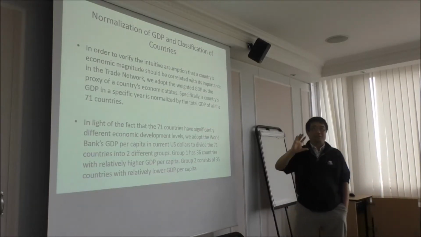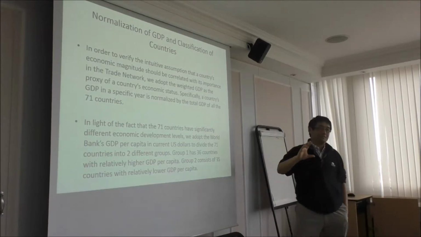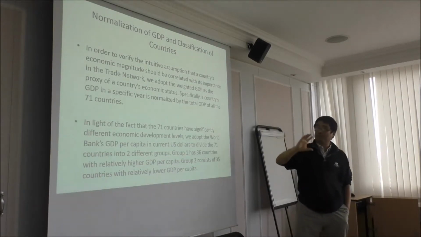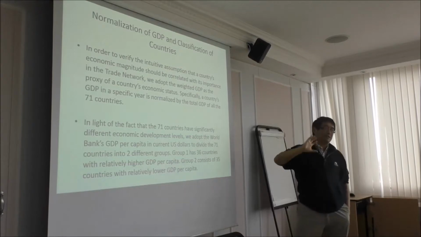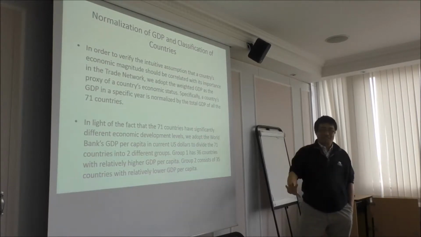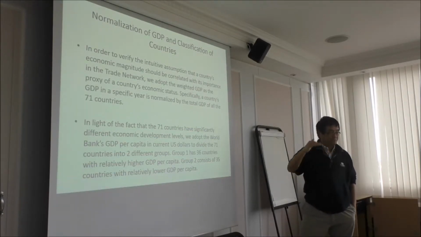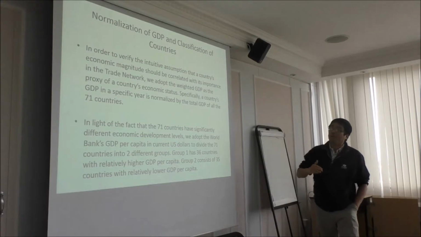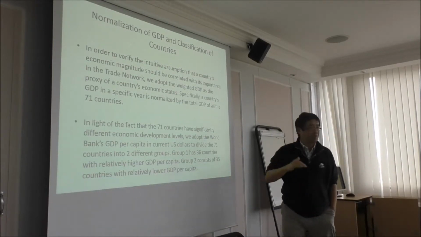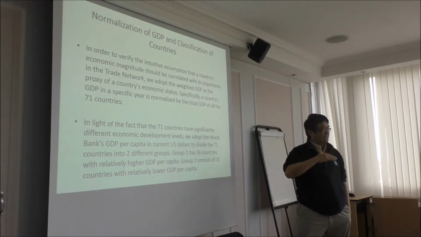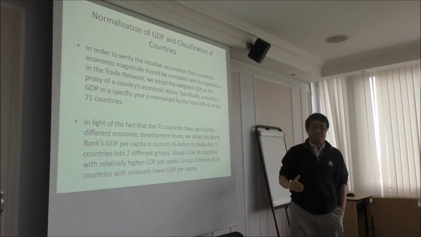So basically, we are looking at each individual in those countries. If they fall into the top half, they go to group 1. If they fall into the second half, they go to group 2. Okay, so this is divided according to GDP per capita. This is different from the overall GDP. We are working on GDP, overall GDP. But we divide those countries according to GDP per capita.